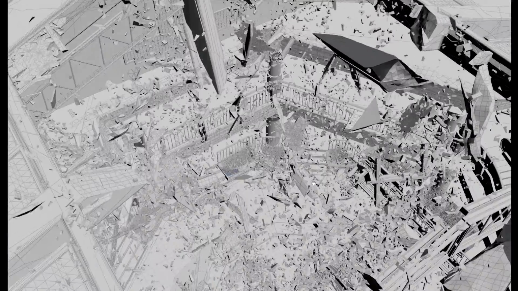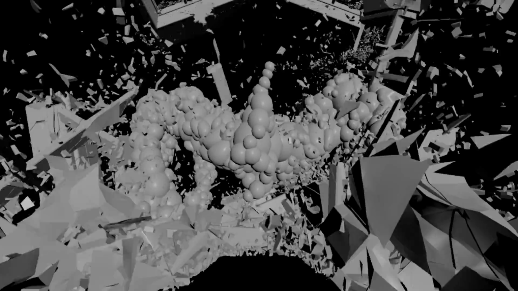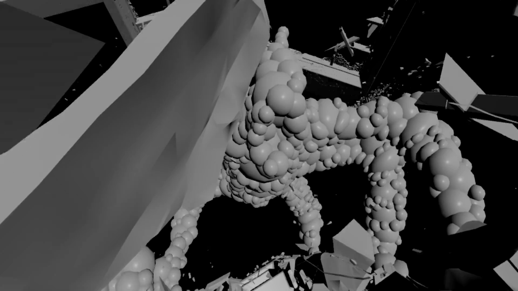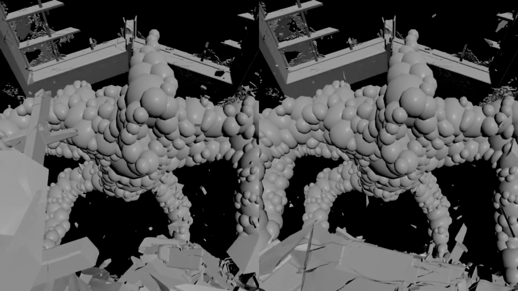We previously ran the destruction sim with a static temporary monster shape. Now we bring in the animated monster to make it interact with the debris. You probably didn't notice, but there is an invisible collision object in the camera path to make sure that no big fragments land directly in front of the camera. We don't want anything blocking the view.